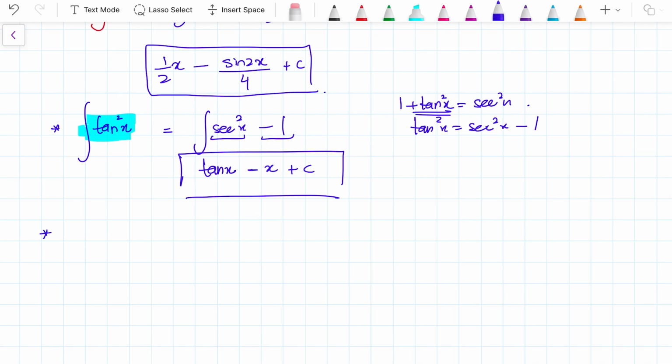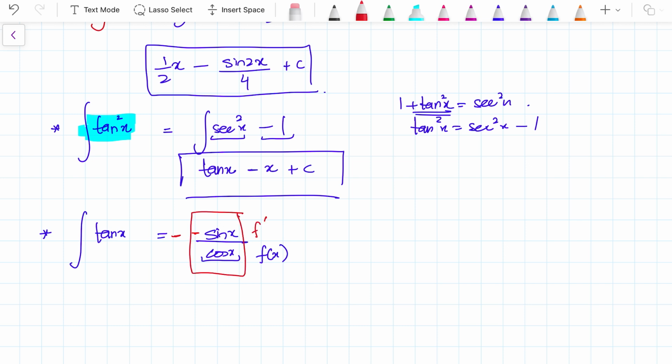Alright, let's take another example. If you have to integrate single tan x, we have the integral of single cos, single sine, but we don't have integration of tan. Can I write tan as sine x upon cos x? Can I say cos x is my function? What is the differential of cos x? It's minus sine x. We have a sine, but we do not have a minus with it, so we introduce a negative sign. Can I say it fulfills this requirement? So can I close it into minus ln cos x plus c? Therefore, the integral of tan x becomes minus ln cos x plus c.